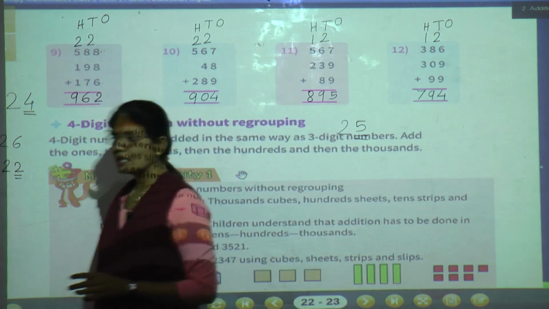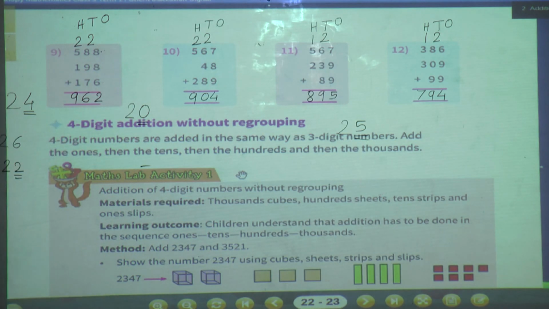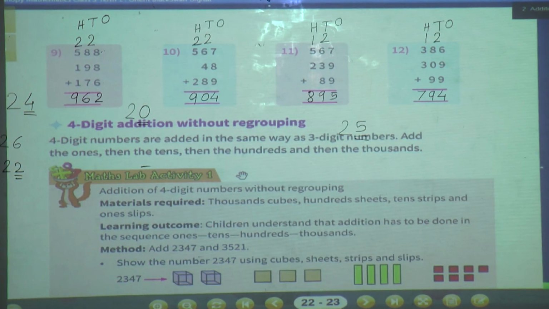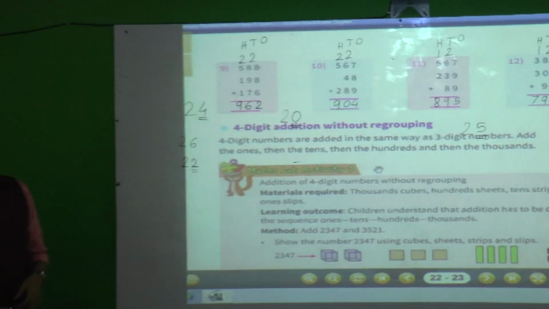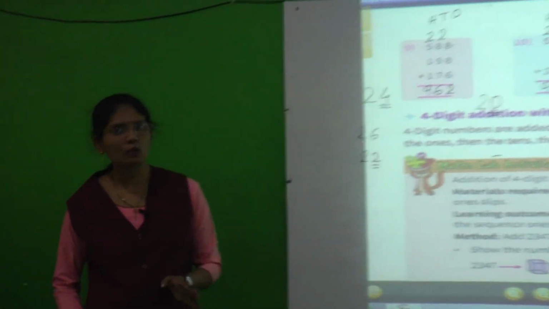So in this way today we have completed our recall exercise. In that recall exercise there are a total of 12 sums, 12 examples, and from those 12 examples I have taken 8 examples today. The remaining 4 examples, that is examples number 5, 6, 7, 8, you have to solve on your own.